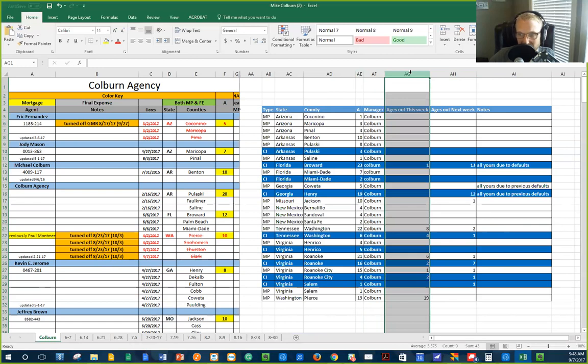Age out means that they haven't been taken. Like if you put in a GMR, I'll put myself as an example. I have 10 leads that are supposed to come into Benton County. You'll look up here, 10 leads came in. You'll also see that there is absolutely no aging out of leads, because I buy 10 every single week, or I allocate 10 every single week, one or the other.